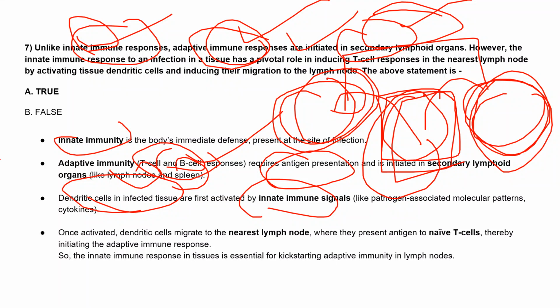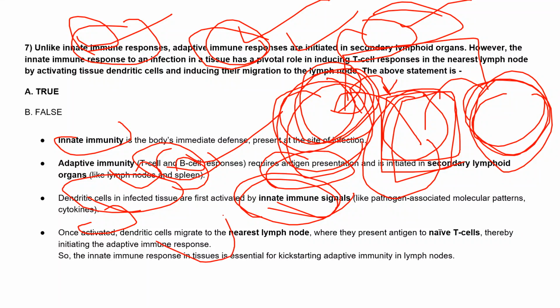And this is right because we know that these dendritic cells are first activated only by innate immune signals. They have the PAMPs and the cytokines, which are released by the innate immune cells only. The cytokines are part of the innate response, and the PAMP molecules, the pathogen associated molecular patterns, are the signals that reach the dendritic cells, because once they are activated, the dendritic cells migrate to the lymph node where they present the antigen to